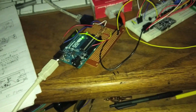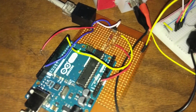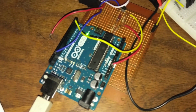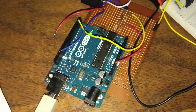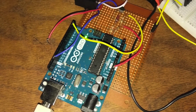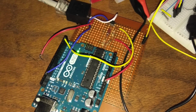Okay, so here's one of the problems I've been running into, and it's always hard to tell what's going on. When you use the hardware serial lines, the RX and TX lines 0, 1, and 2, those are also connected to the USB chip, however it communicates them. So when you upload code, you'll notice that the TX and RX lights blink because there's data physically running through those lines. So if you also have things connected to that line, sometimes it might interfere with what's going on,